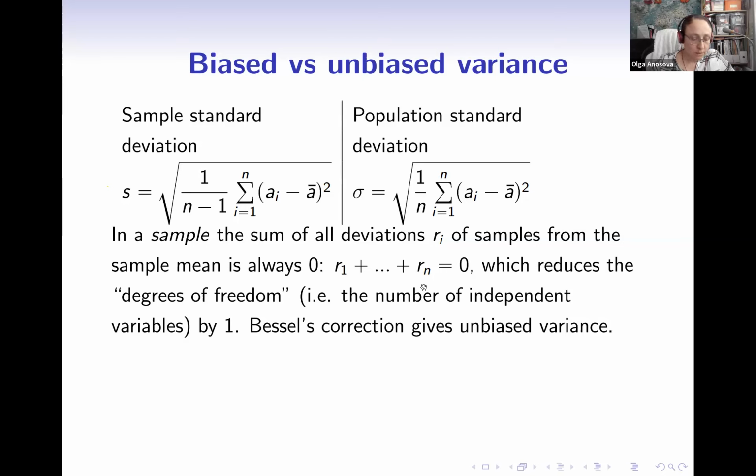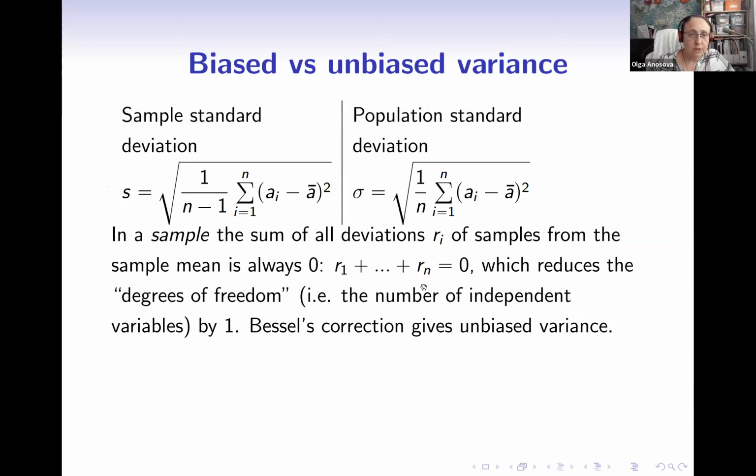And you are more than welcome to look for more explanations and very nice examples on the Wikipedia page, because it has been updated since I last looked at it 3 years ago, and now it contains very nice numeric examples as well. So that's what Bessel's correction is for. Bessel's correction corrects variance and gives unbiased variance.